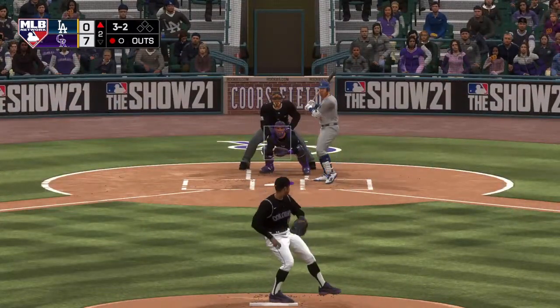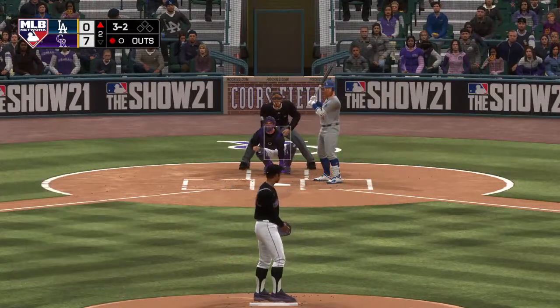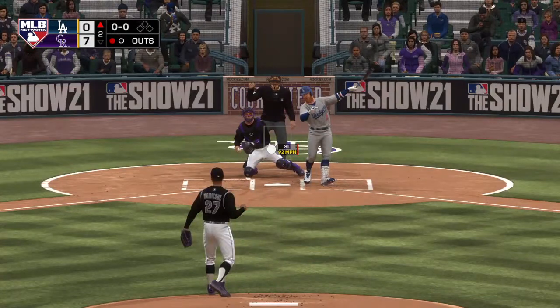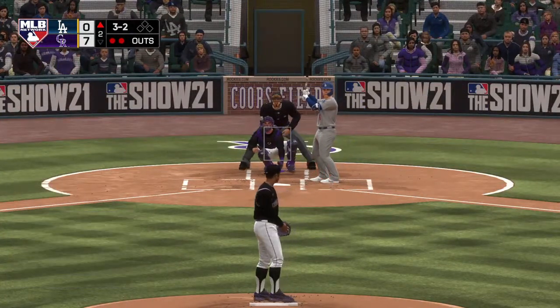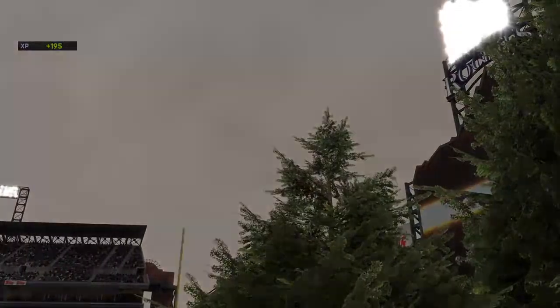Now the 3-2 pitch. 7th pitch of the at-bat coming up. And the slider gets him swinging, 2 gone. Now at the plate, Will Smith. 2 outs already on the K this inning, so he'll be looking to do better. Struck him out, so he makes...